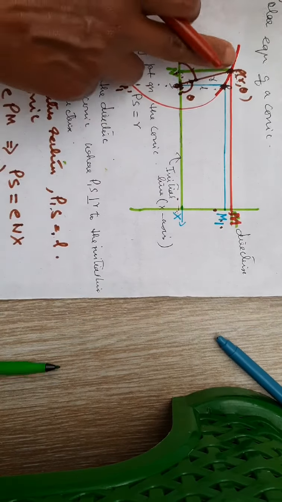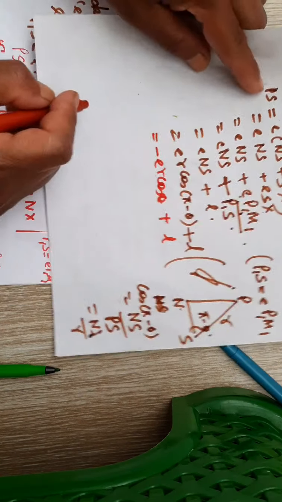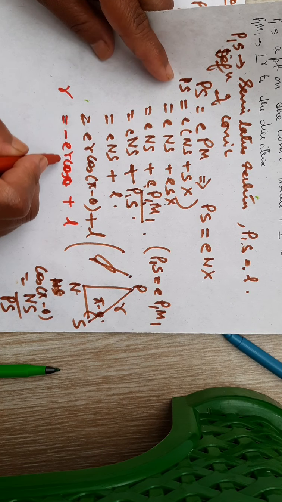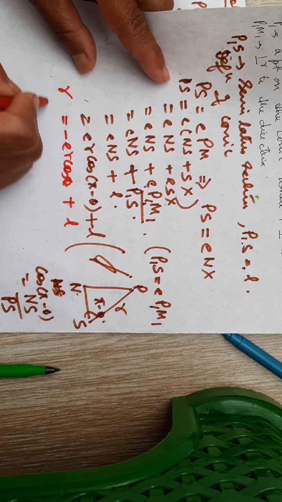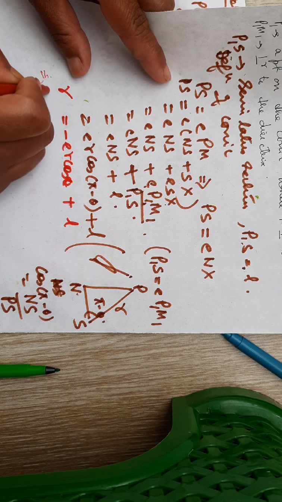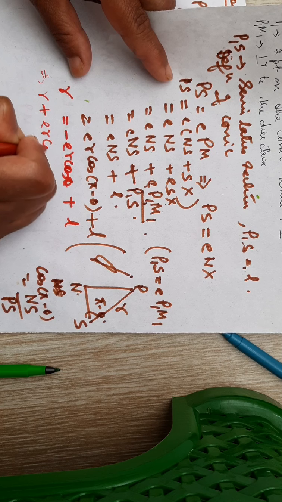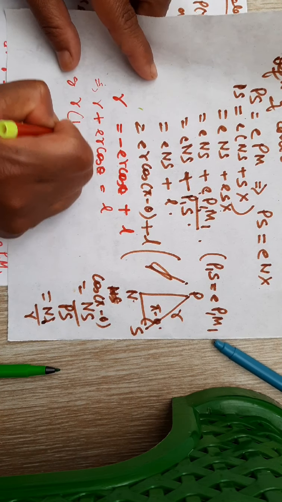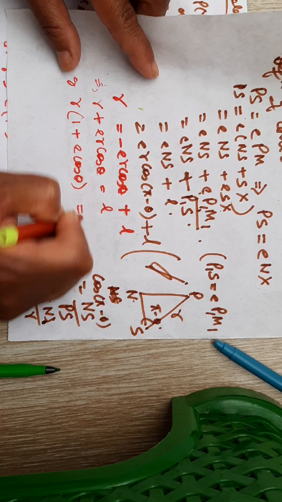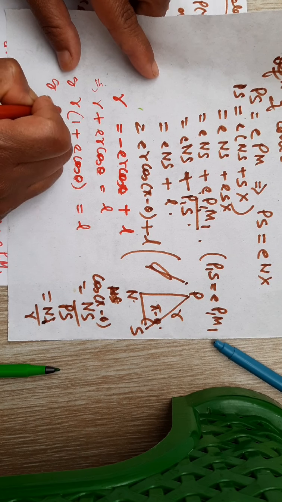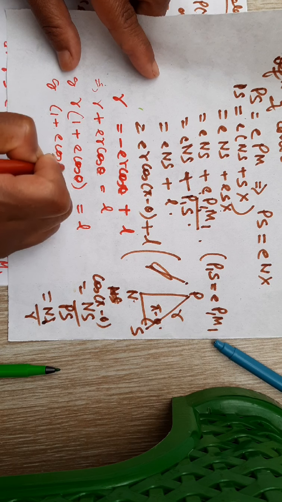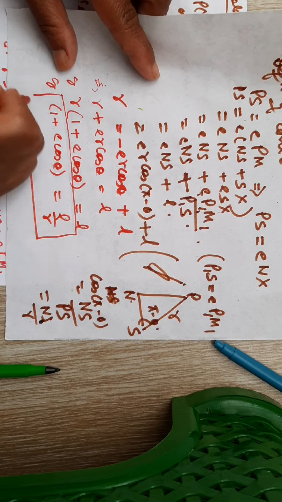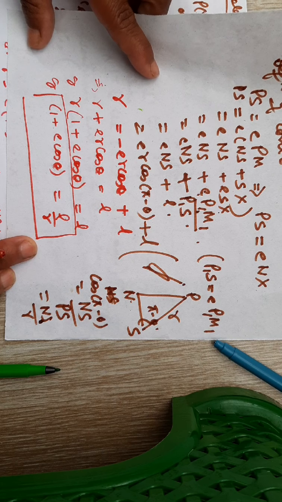Now since PS is taken to be r, on this side you replace it by r. So r will be equal to minus e r cos theta plus l. Transferring this to this side, r plus e r cos theta equals l, or r into 1 plus e cos theta is equal to l, or 1 plus e cos theta is equal to l by r. So this is the required equation of the conic in polar form, that is in terms